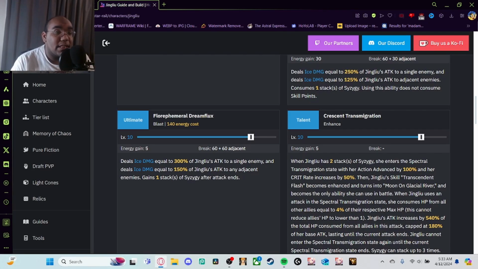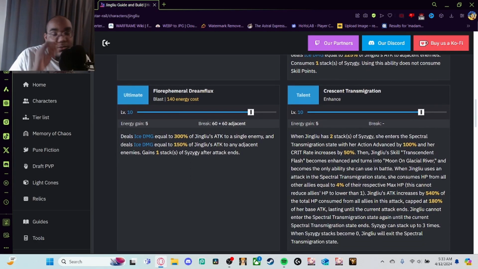When Jing Liu uses an attack in the Spectral Transmigration state, she consumes HP from all other allies equal to 4% of their respective max HP. This cannot reduce allies' HP to lower than 1, so you cannot die when you're in the Spectral Transmigration state. And so ideally you do want to, again, I don't think I have to say this, but you should run